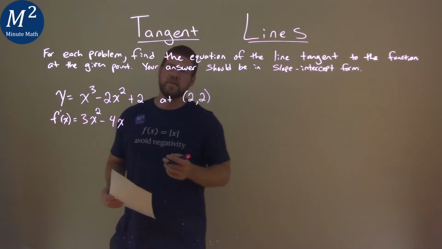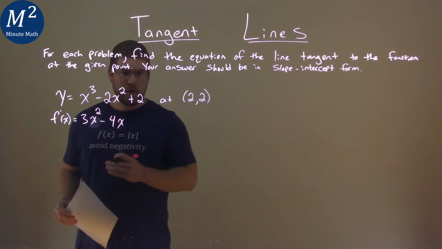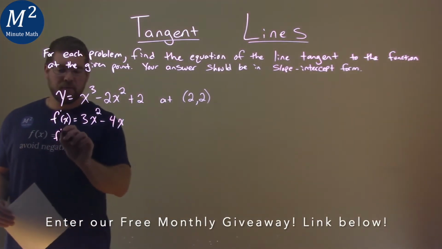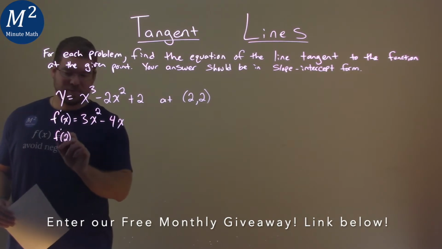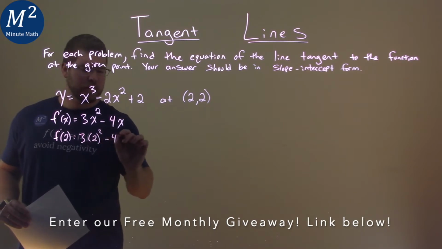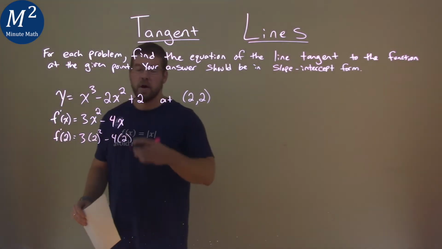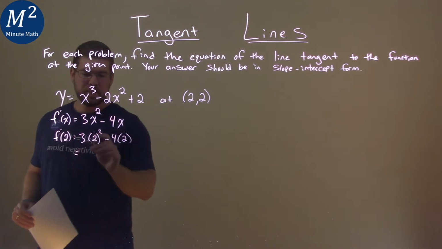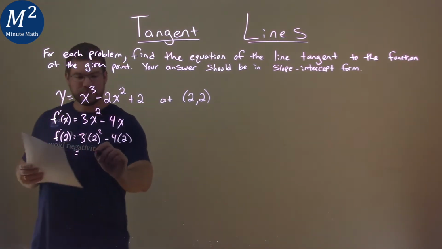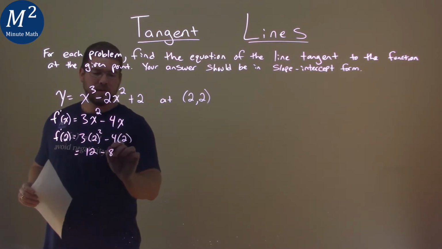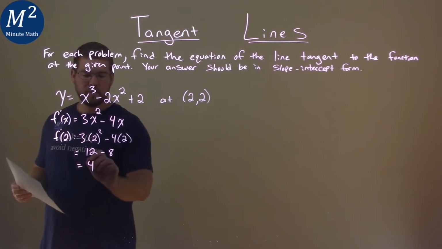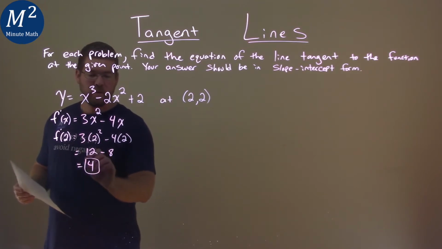So our derivative is pretty easy here to find, but we want to find the slope there. Well, for the slope, we take our x value, which is 2, and plug it in for x in our derivative, to clarify. 3 times 2 squared minus 4 times 2. From here, we're solving, right? 2 squared is 4 times 3, comes out to be 12, and 4 times 2 is 8. 12 minus 8 gives us a 4, and so our derivative here at 2 is 4,